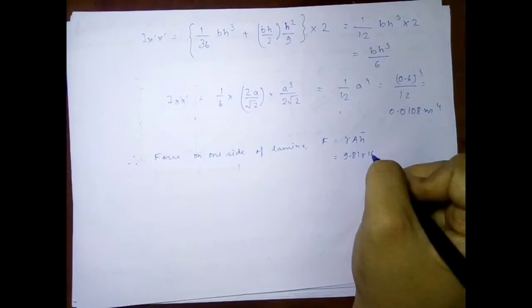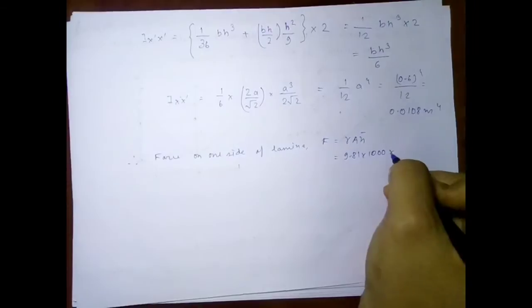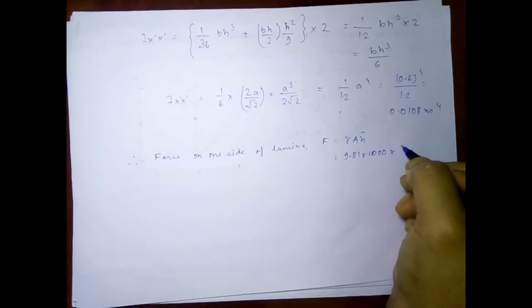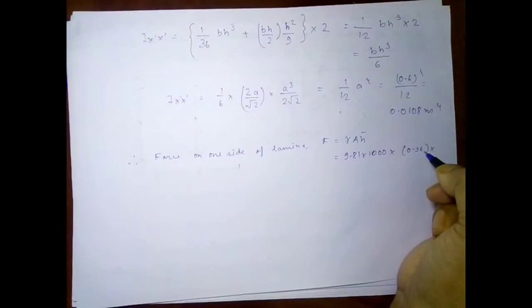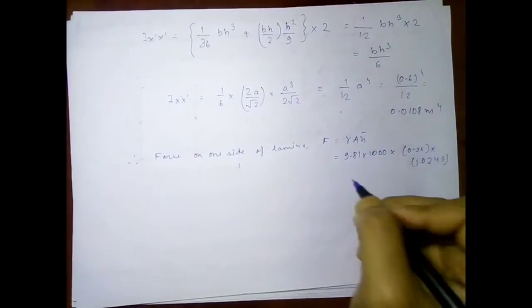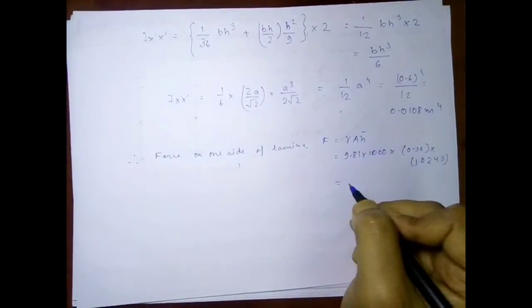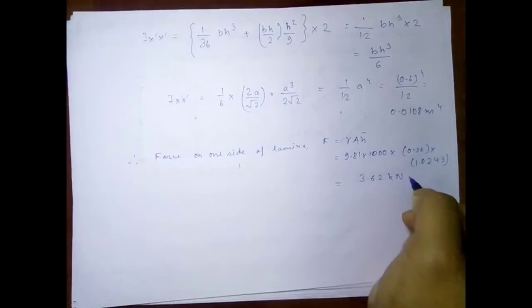So 9.81 times 1000 times area is 0.36 times H bar is 1.0243, and that will be equal to 3.62 kilonewton,